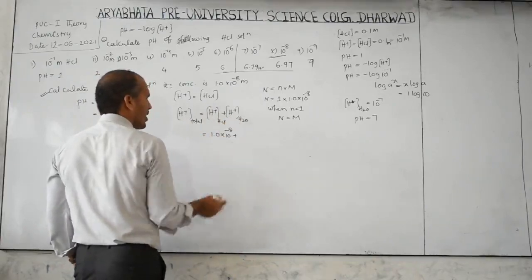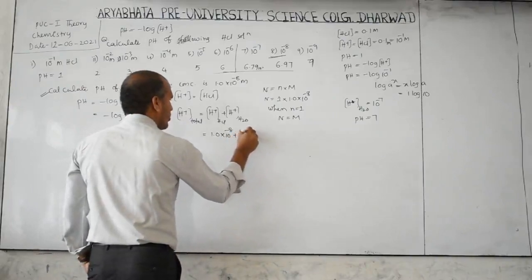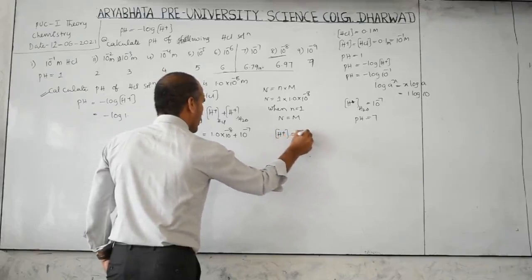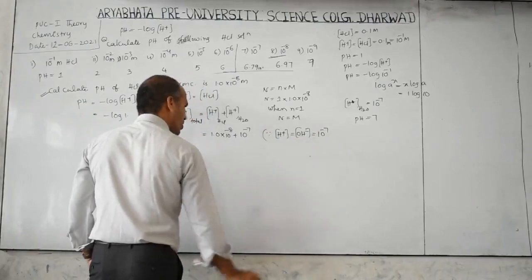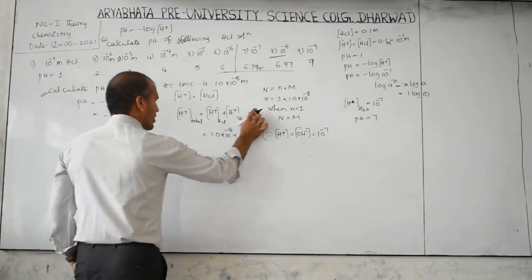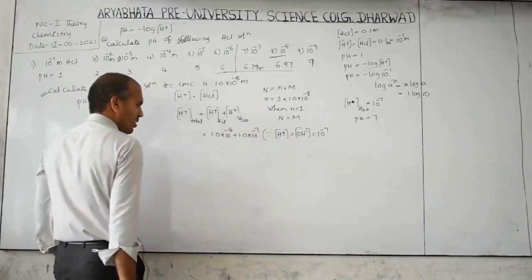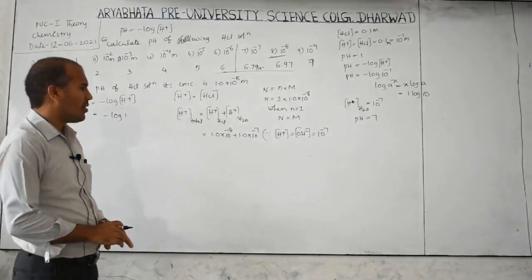What is the H plus concentration of water at 25 degrees Celsius? It is 10 power minus 7, because we know that H plus ion concentration is equal to OH minus ion concentration, which is equal to 10 power minus 7. We already know that. So you can write this also as 1 into 10 power minus 7. Now, you know very well, what will you do for addition?